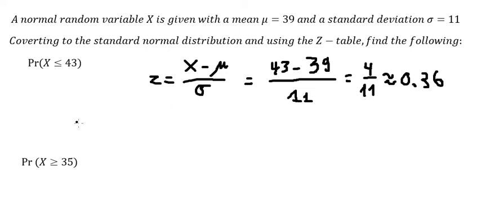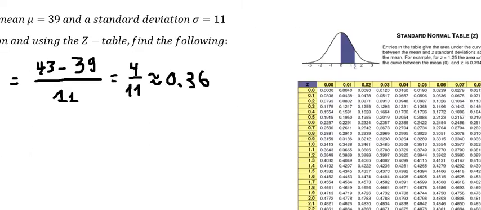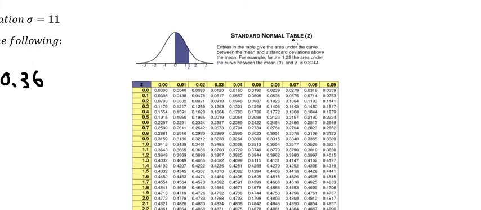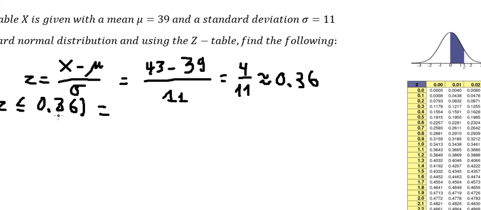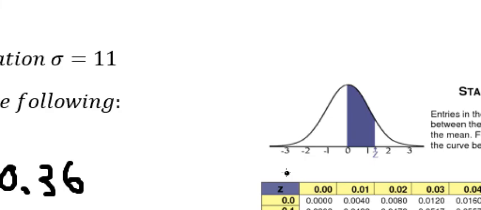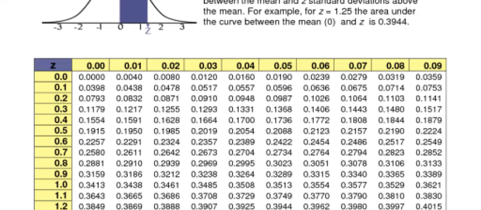0.36. So we need to find the probability when z is smaller than or equal to 0.36. And now we need to go to this table, the standard normal table of z. So we just calculate 0.36. So we need to find the z that is 0.36. So we see that we have 0.3 and then we have 0.06. We combine the two numbers together,